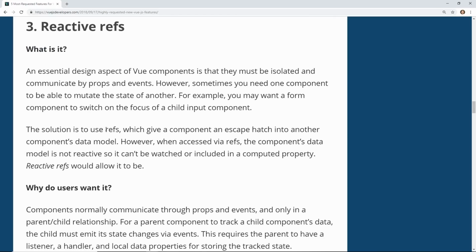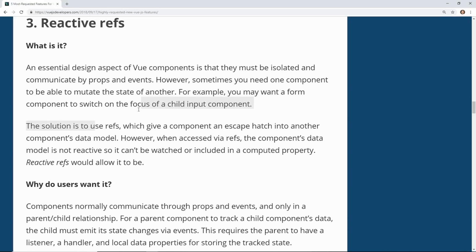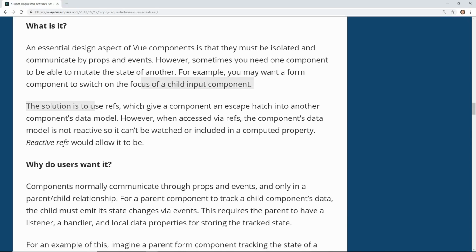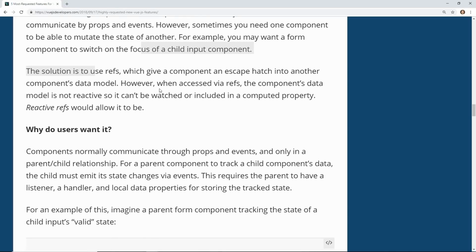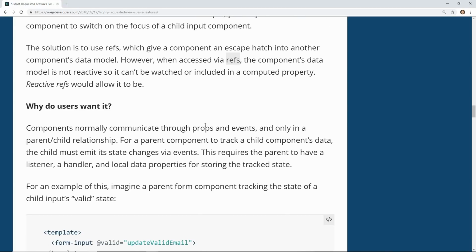Reactive refs. So I don't know, I think I did one video on this. So it's talking about that most of the time when you're using components and you're mutating state, you usually use props and events, and that's how you pass things from one component to a child component. But you can actually use something called refs, which are kind of a way to pass information another way to your